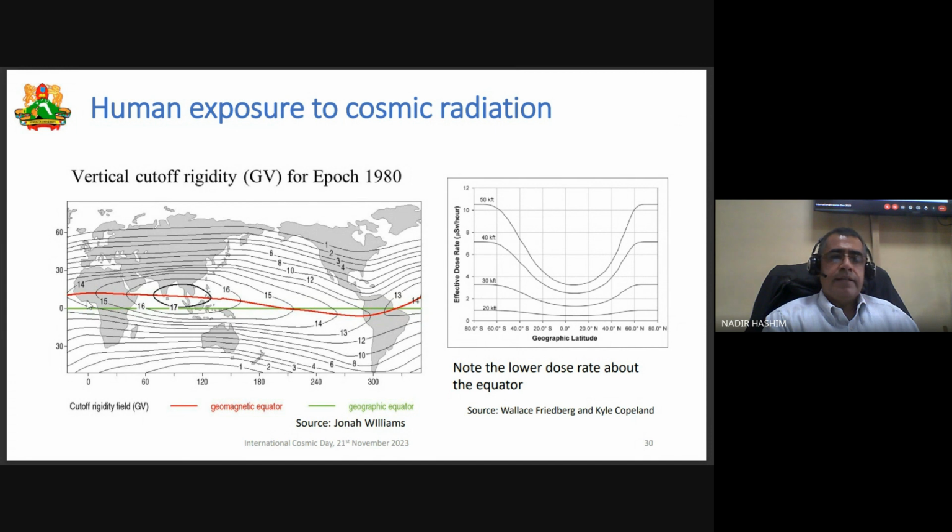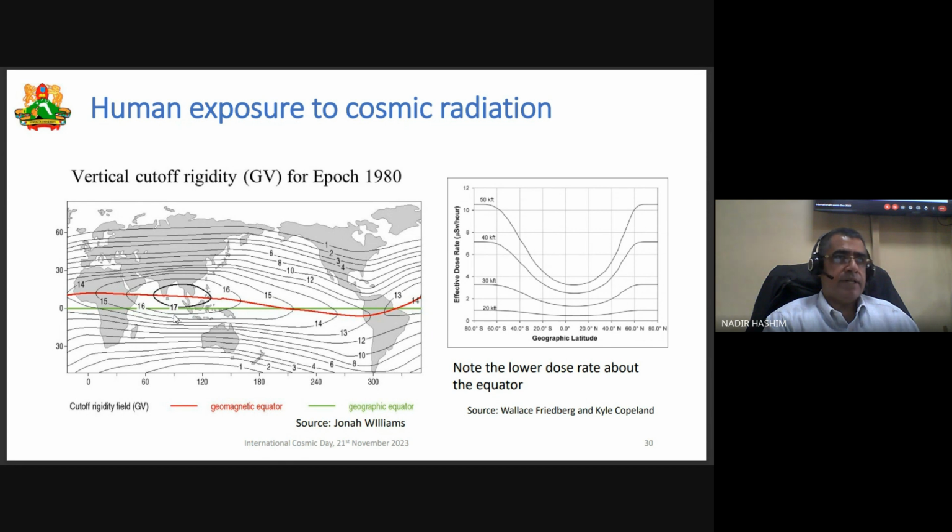The red line is the geomagnetic equator, the green line is the geographic equator. The contour lines with numbers indicate the rigidity. As you see, near the equator the numbers are highest, 17, 16, 15, 14. So that means near the equator you've got the maximum shielding effect,